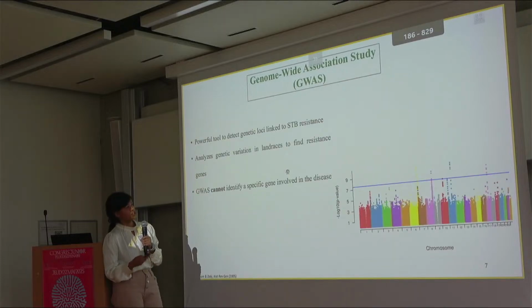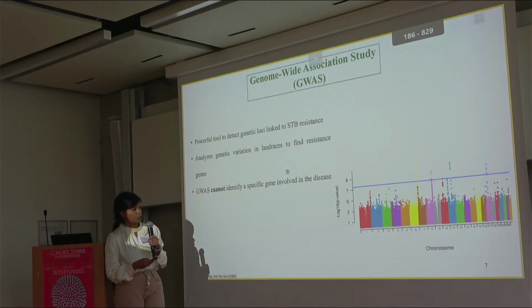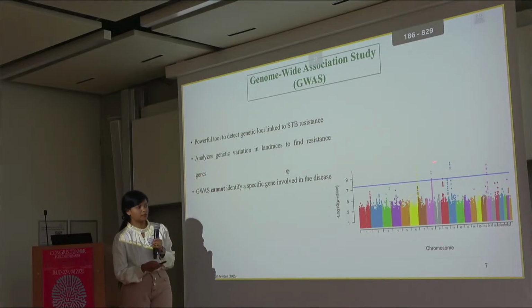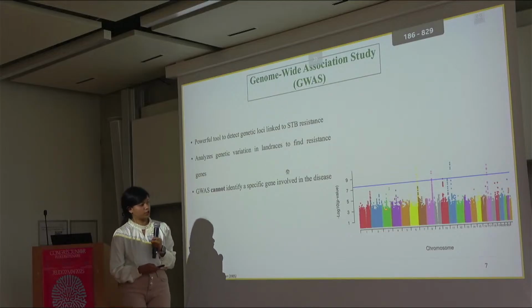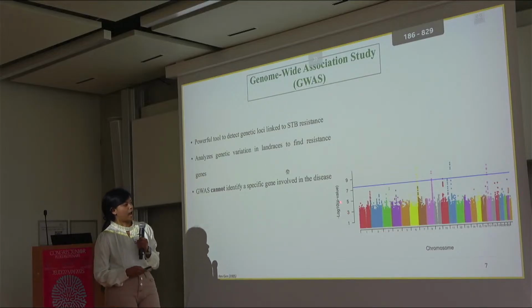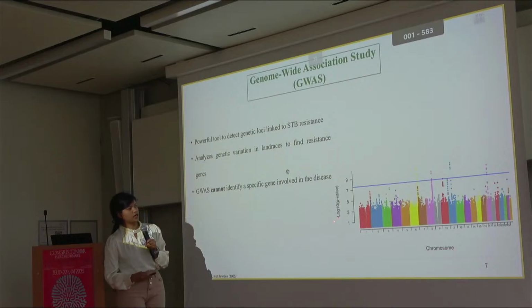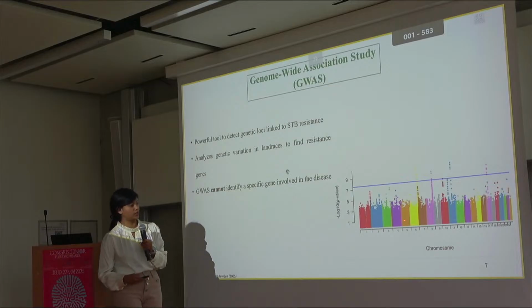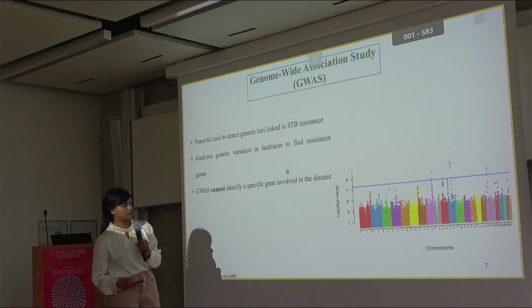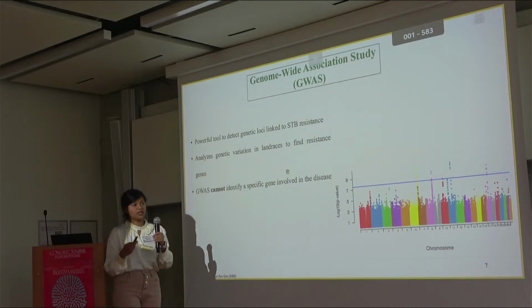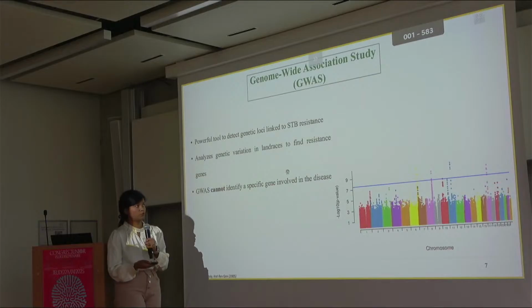So this GWAS, or genome-wide association study, is often reported as a Manhattan plot. Here the different colors represent the chromosomes, and this blue line is the threshold level. Each dot represents a genetic marker, and the y-axis is the minus log 10 p-value. So the higher the dot is, the higher the resolution. In our case, it is chromosome 6, 11, and 17. So what it tells us is that it narrowed down the candidate genes, which need to be further validated by